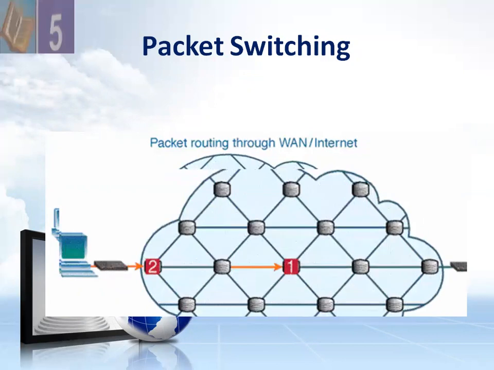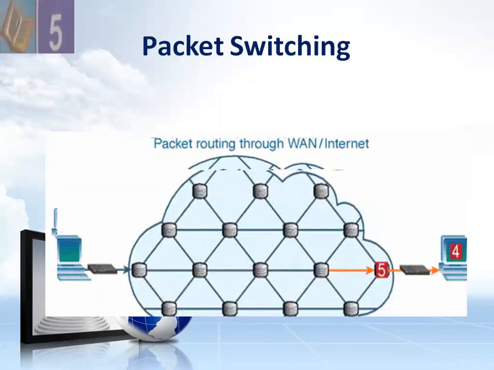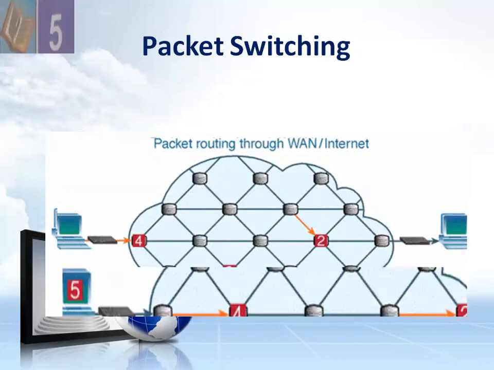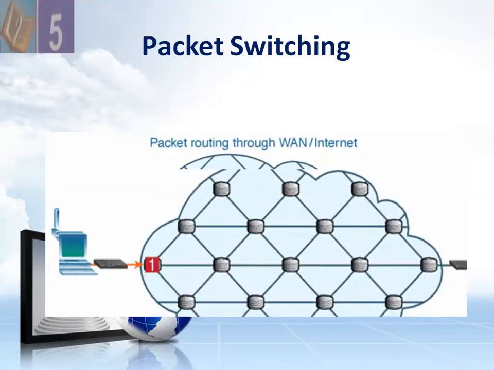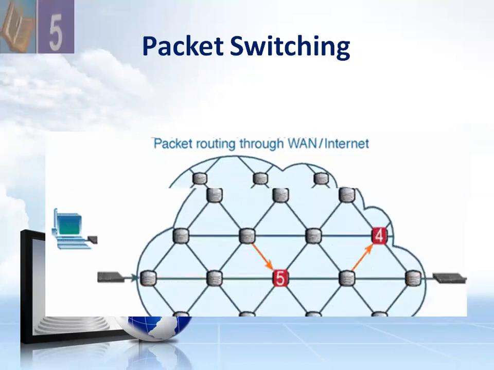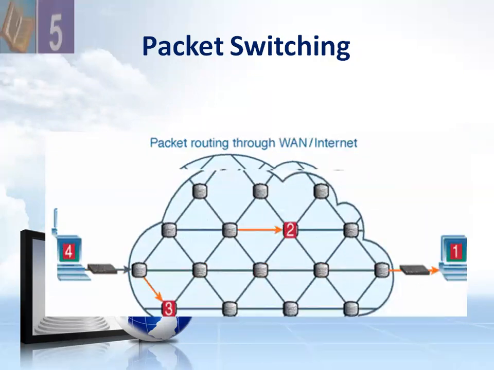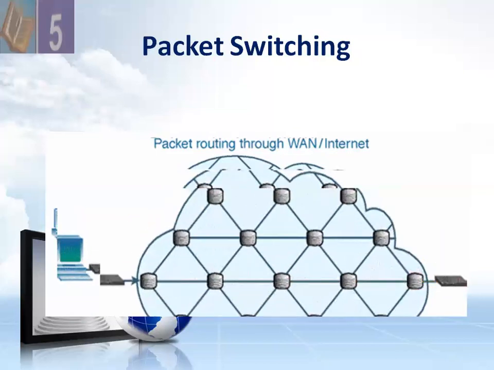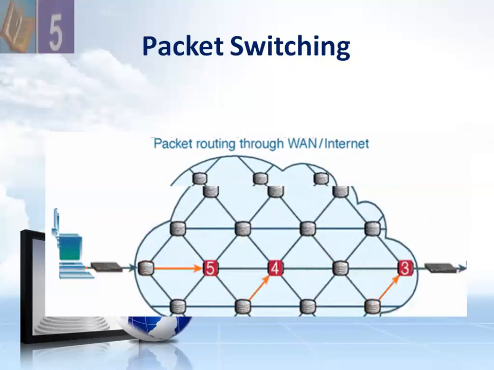In a packet switching network, no physical connection is established between the source and destination computers. Like in a circuit switching network, all the data to be transmitted is broken down into small blocks called packets. These packets include both the source and destination addresses. They are passed by the source computer to its local packet switching exchange. On receiving each packet, the PSE, the packet switching exchange, first stores the packet and then